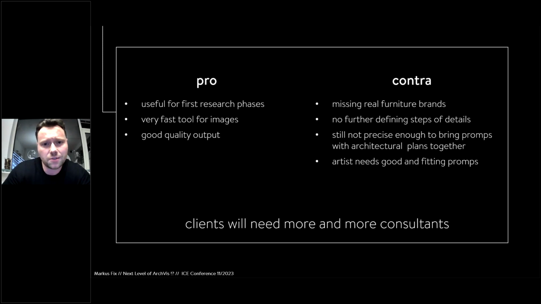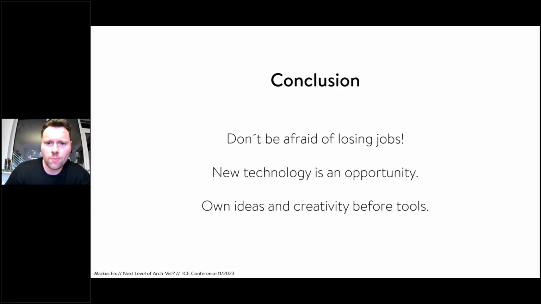It's very fast and it's useful for research. So what's my conclusion? Don't be afraid of losing jobs. I'm sorry that I'm just saying it like this, but I'm reading this all the time online when it's about AI, and yeah, well, maybe in the future, but we're